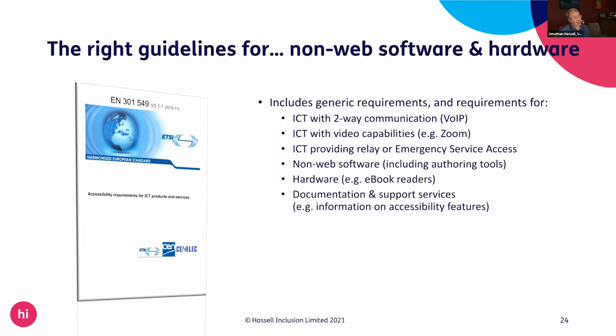We've also got stuff in there about hardware. So for example, a lot of the stuff in the States around how accessible an ebook reader should be. So if you're creating, say, Kindle and you're Amazon, should you need to put a screen reader in it? That's the sort of thing that EN 301549 is really talking about, especially from a perspective of how government might procure or not procure devices that are better or worse for accessibility.